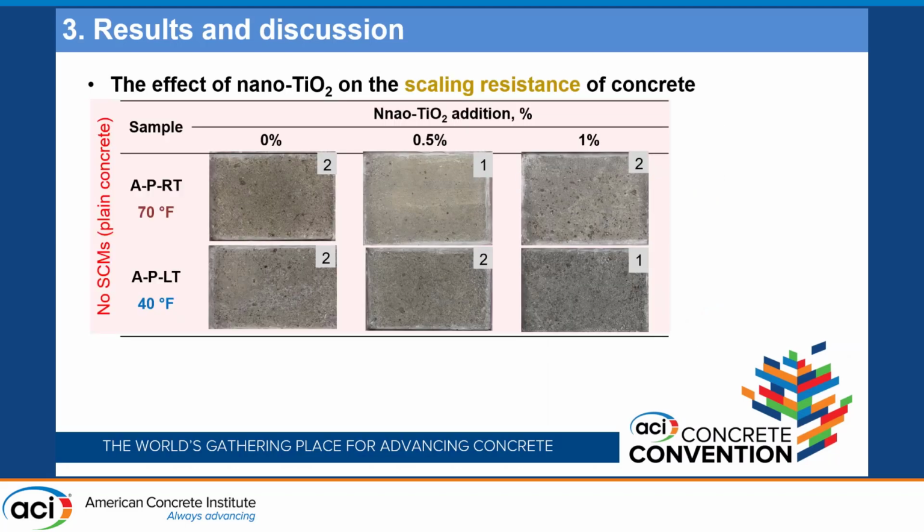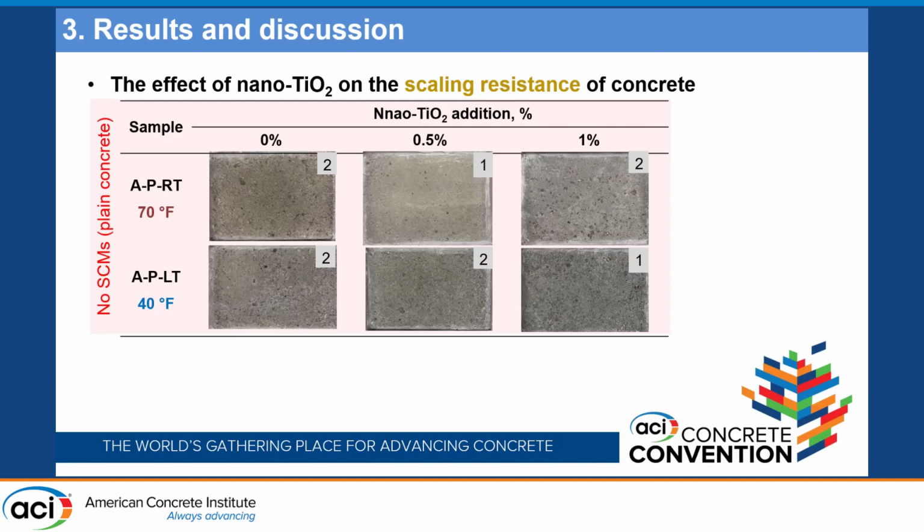And finally, I wanted to show a little bit of data on scaling resistance. So DOT insisted that we make a concrete that has a composition that would be typical for highway pavement application. That requires the presence of about 6.5 plus minus 1.5% of entrained air. So in principle, if the air entraining works well, you should not have a problem with scaling. And so we've done that, and you can see that the